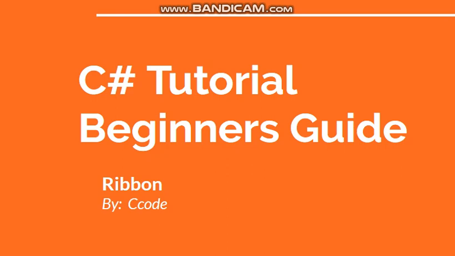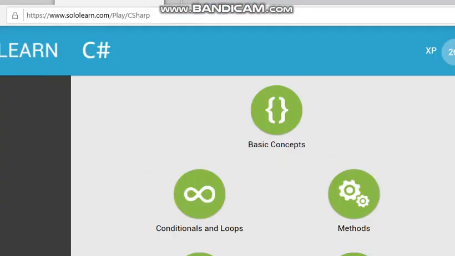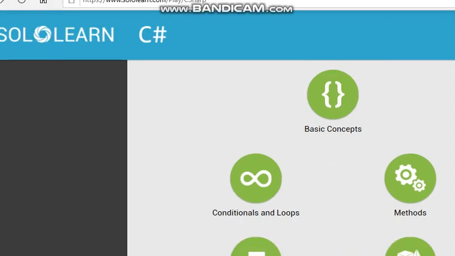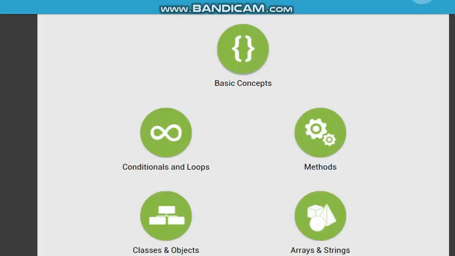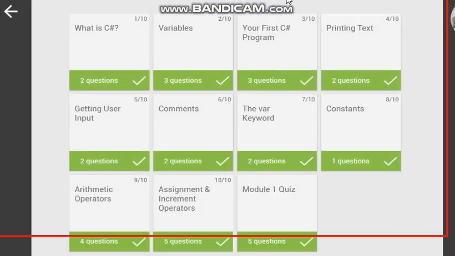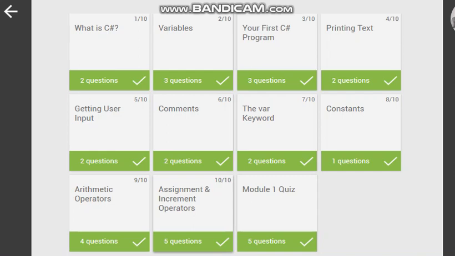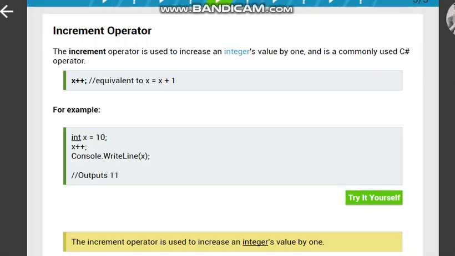Welcome to Ribbon. This is the C# Tutorial Beginner's Guide, and we're on sololearn.com. As you can see up here, here's the link. When you go to the C# tutorial, you should see basic concepts. It's the first bubble. Click on that, and then scroll down to assignment and increment operators. Even if you don't have sololearn, you can still follow along. You'll just have to pause the video to read